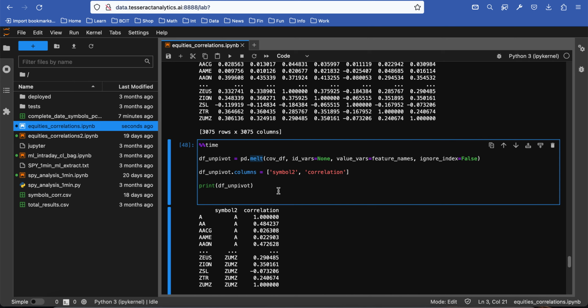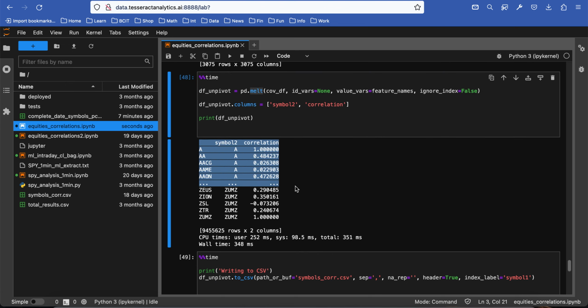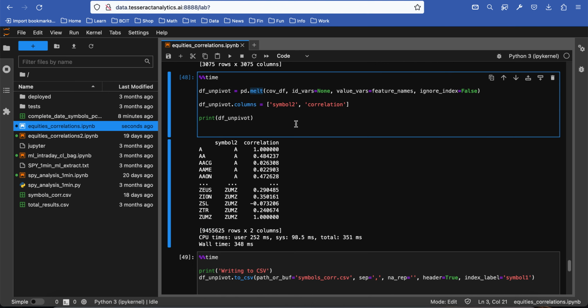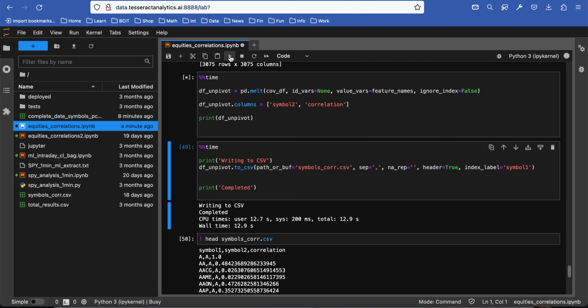And so what this will do is create for us symbol 1 by symbol 2 rows, right? With a correlation in the column values. So we're taking that matrix and essentially melting it to be for every single symbol multiplied by every single symbol, and this creates a 9 million by 155,000 row table for us. Okay, so that's what the melt function does. It simply unpivots the data set